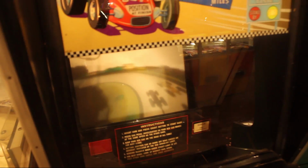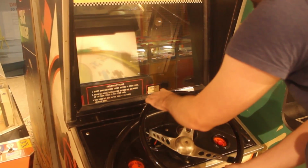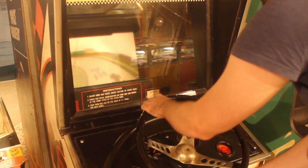Now the accelerator pedal speeds up the discs, the rotating drums that control the speed of the left and the right lane cars, giving the illusion that you're moving faster. Now the collision detection isn't exactly the best and you can get a little bit of overlap and sometimes it just triggers by itself. But when you do make contact with another vehicle, the disc has suddenly stopped and it makes a massive clunking sound, letting you know that you've had an accident,